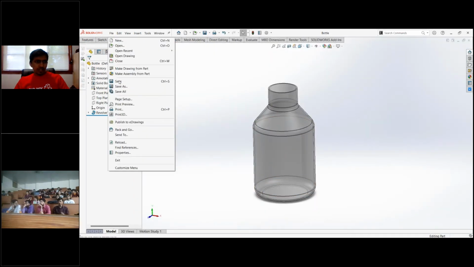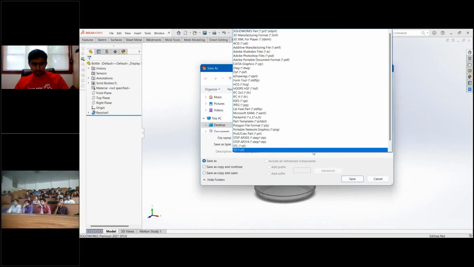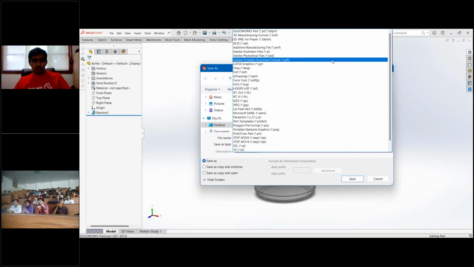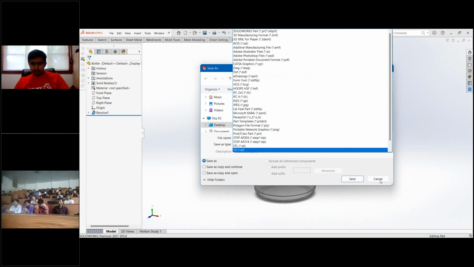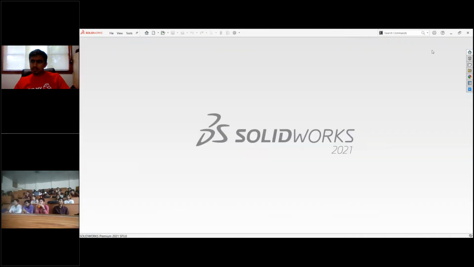If we want to save as a 3D view, we can save it as a 3D PDF. Adobe Reader is required for supporting the file. So that's the SolidWorks basic introduction.